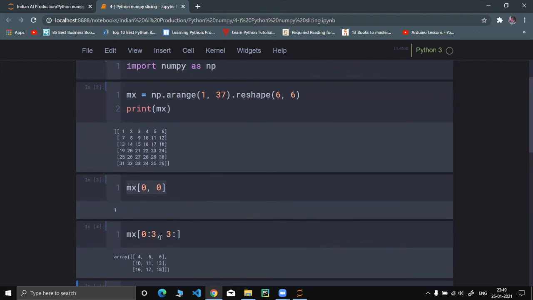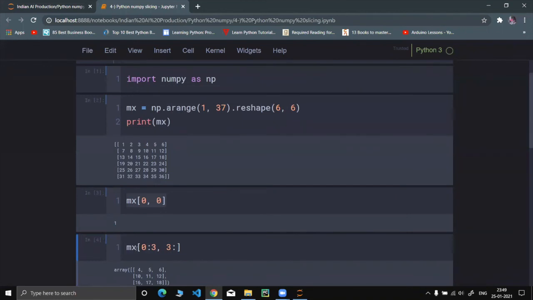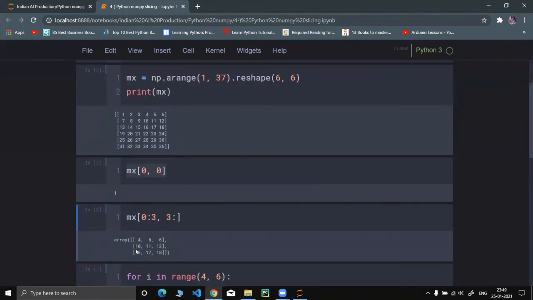The first one is the row, right? What I want to print is this. You guys know slicing in lists, right? Same thing. So 0 to third, but 3 is not included. Remember that, 3 is not included. It's the n minus 1 logic: 0, 1, and 2.